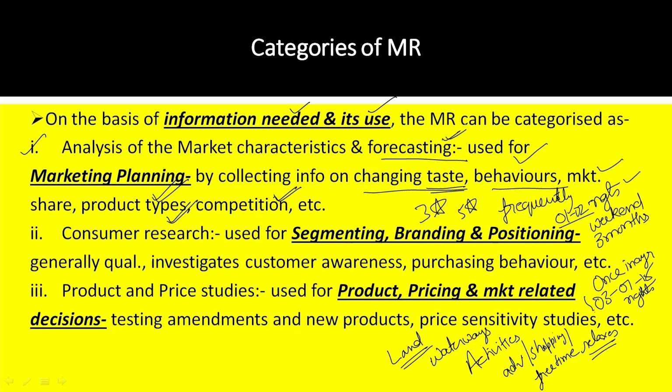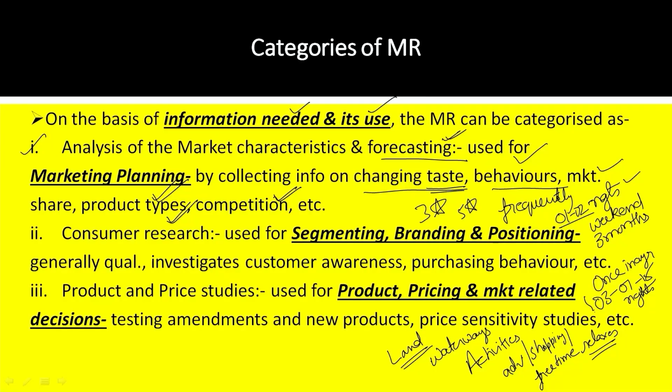Then how many seats in airlines, how many tour managers, how many guides, how many seats in restaurants for arranging meals. These all things are very much needed, and based on these forecasts, the marketing planning is done by the marketing team of the company. So this is why analysis of market characteristics is very important, to do forecasting,